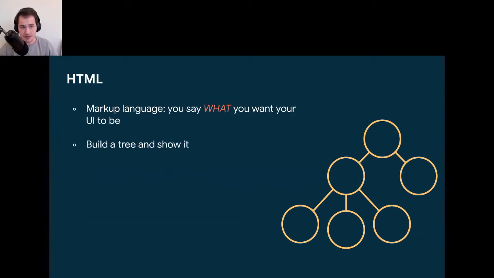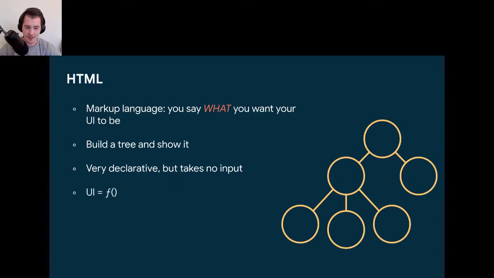What the HTML engine does is it just builds a tree and shows it. The tree is represented on the right. So in this sense, HTML is a very, very declarative language. You just say, I want to declare this on the screen, and that's all. But the interesting part is that it takes no input.